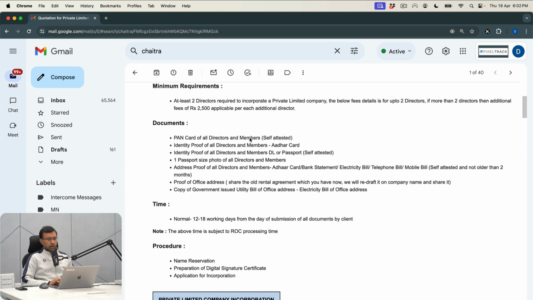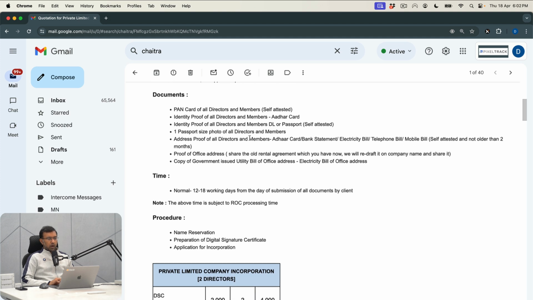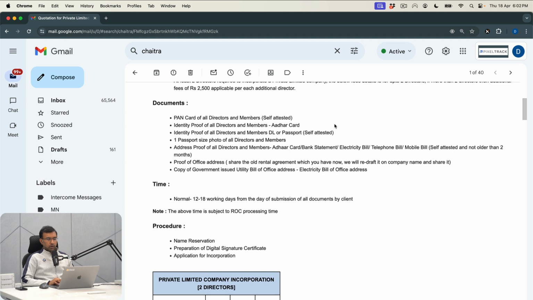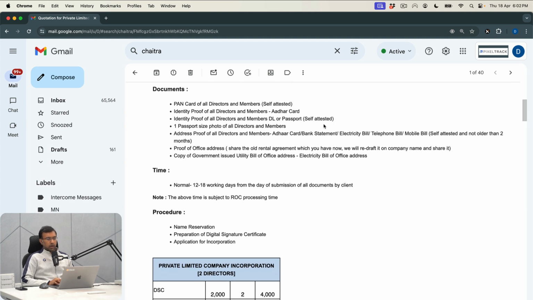As far as I know, according to the law, having an Aadhaar card is not compulsory, but it is kind of unofficially compulsory because in India, you can't really do anything without an Aadhaar card. I don't know why the identity proof of Aadhaar card is not alone. Then you have to give driving license. Then you have to give passport as well. What if somebody wants to start a company who does not drive? He always takes Uber and he's not traveling outside the country and does not have a passport. I don't know. Why isn't Aadhaar card enough? But again, this is the requirement.